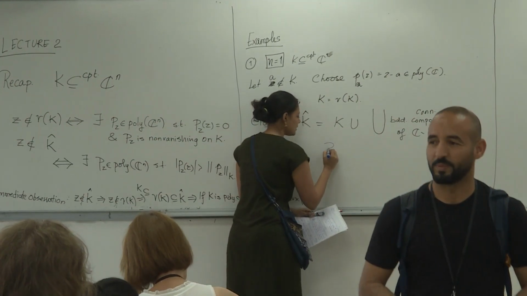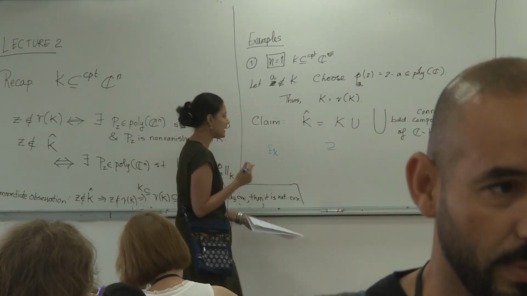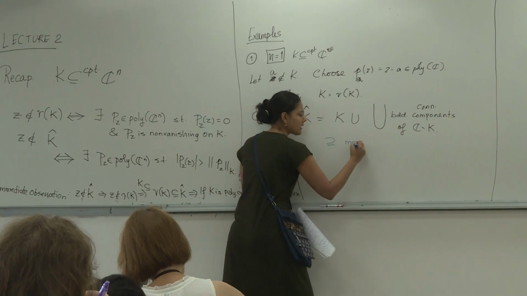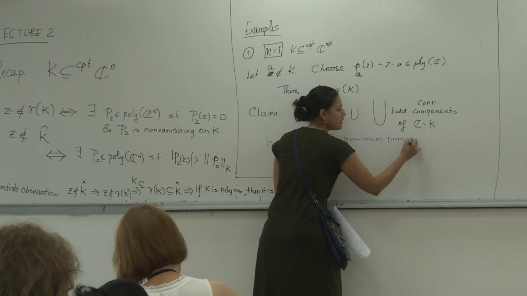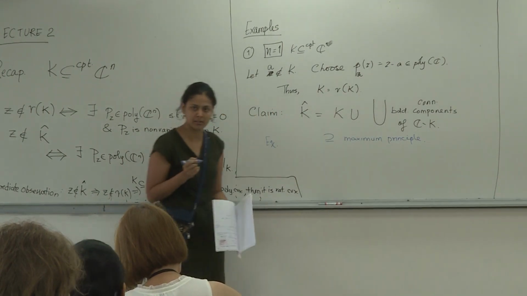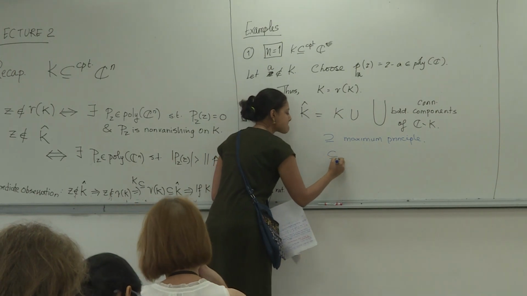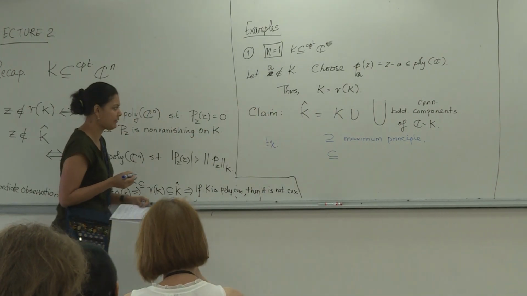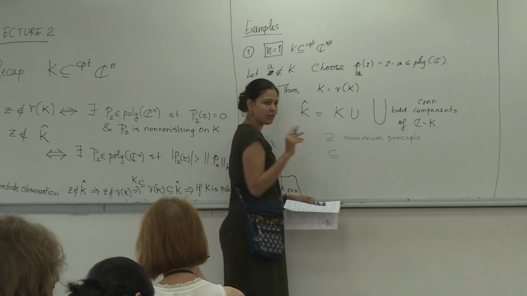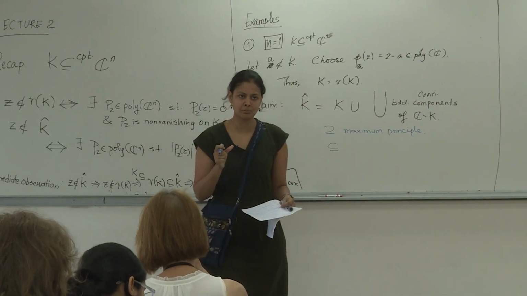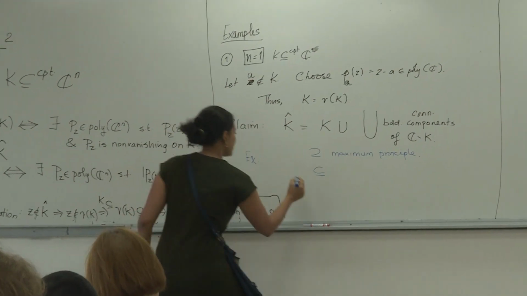So this containment, that if you take something in a bounded component that is indeed in the hull, this goes via the maximum principle. And it's a repetition of an argument that we already saw yesterday. Okay, so you can try and complete this. How about this side? If I want to show that everything in here lies over here, we do the contrapositive. We take an element in the unbounded component of, so this goes via,